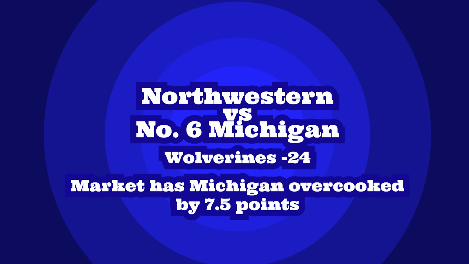And I know it's hard to imagine that Northwestern would be able to compete for 4 quarters and possibly lose by 10 or fewer, but I think that's what's going to happen. 87th is Northwestern with a minus 1.6 differential. They're minus 0.6 last 3, and that's better. It's less negative. And 12.6 in that last game, which was by far their best game of the season. So you have a team that has really been struggling on both sides of the ball, suddenly finding some magic here and getting some rhythm.